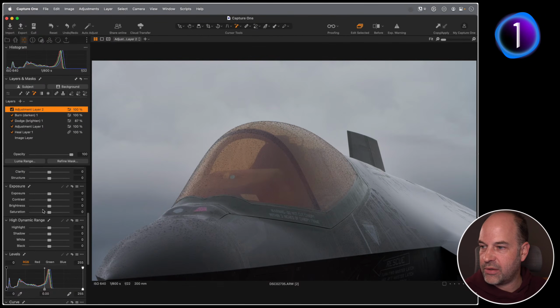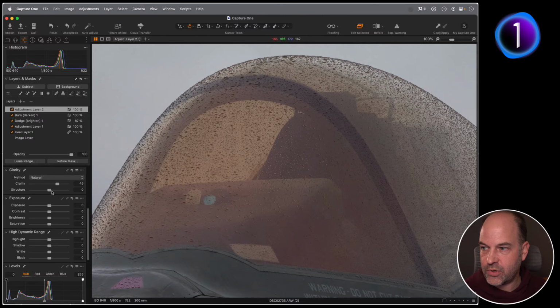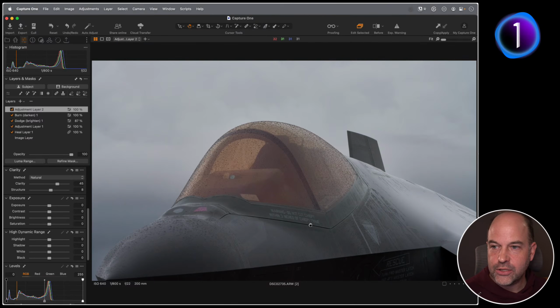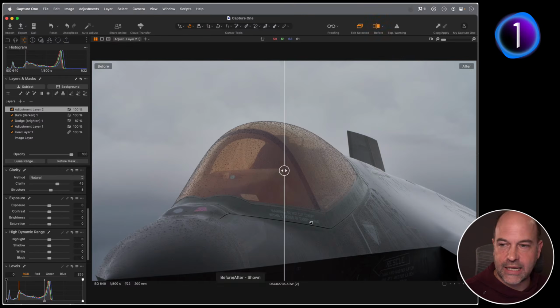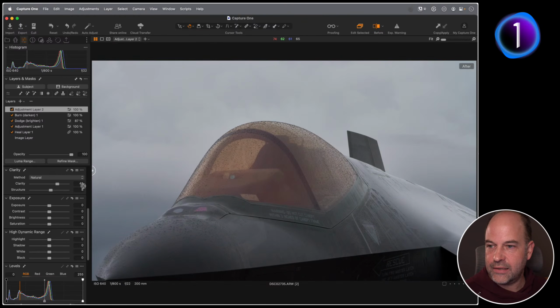And as it's a little bit on the flat side, I'm going to add a bit of extra clarity into that. And also let's, as there's some nice raindrops on there, add a bit of structure like so. Job done. So not a dramatic edit, but if we look at before and after, it was pretty dirty and a bit flat. And then now we've got this nice light play going on, a little bit cleaner, and so on and so forth. So cool.